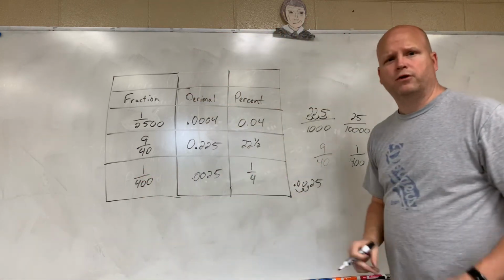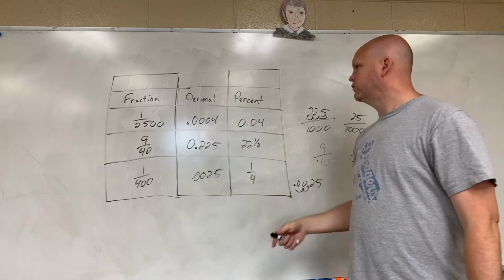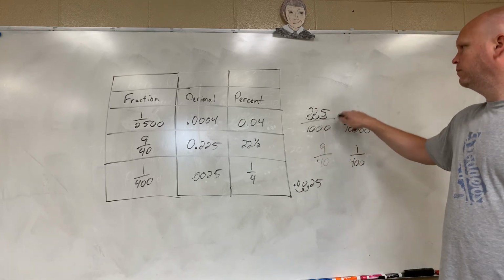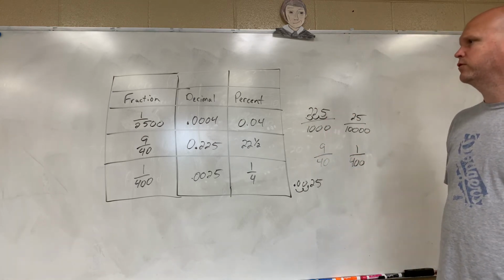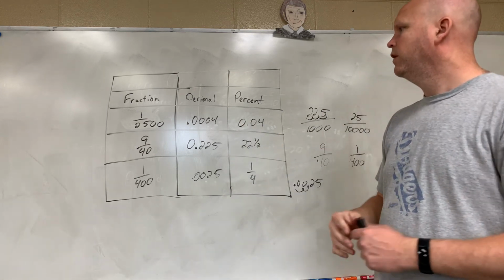That's all you do with fractional percents: convert it into one of these the way you always have been. If you want to do it into a fraction first, just add zeros for how many decimal places there are. And if you want to do a decimal first, just move the decimal place over, and then you can